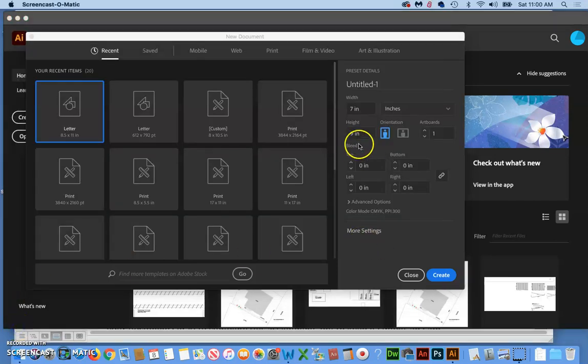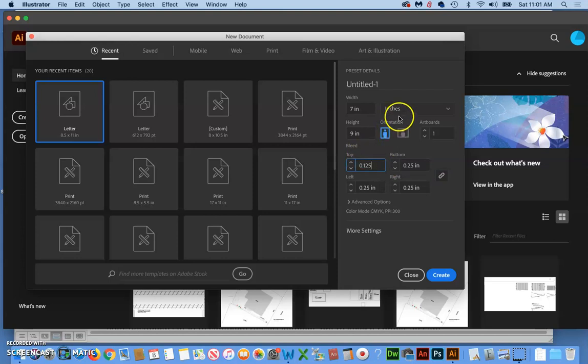If you don't see this option for bleed here, just look for some kind of expansion button. And then make sure that this chain is linked. It should be by default. That's what you do not want, is a broken chain. You want the chain linked. And then you just click this up one click and it defaults to 0.125. If for whatever reason that didn't work for you, then all you have to do is swipe your cursor across here and put in